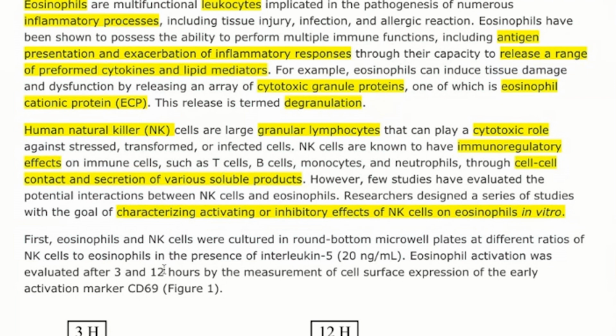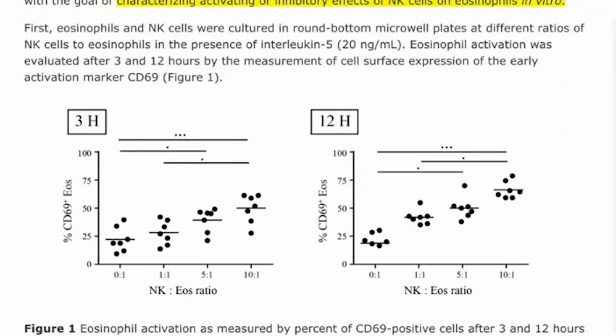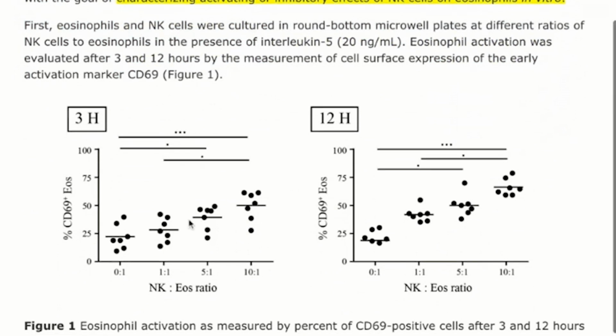So that feels really strong. This passage has been giving me a lot of information, and now I know they're going to tell me about the studies. So they told me what they were looking for, and now they're going to tell me how they did it. So first, eosinophils and NK cells were cultured in round bottom microwell plates at different ratios of NK